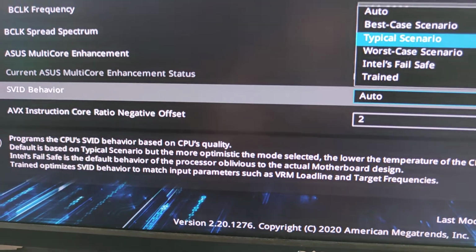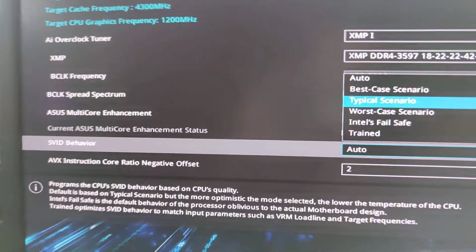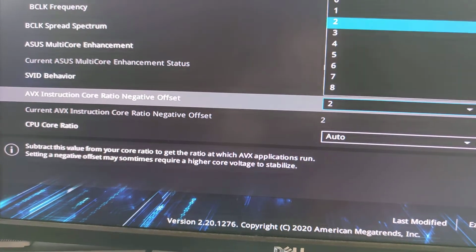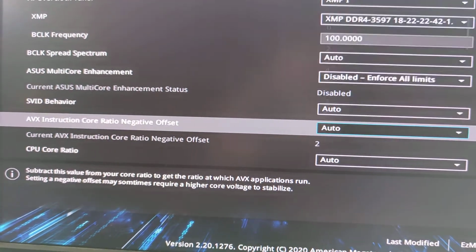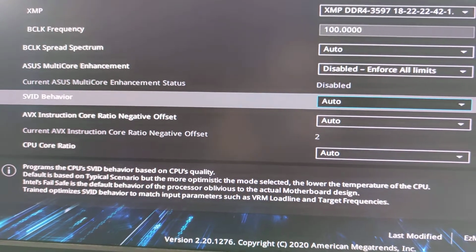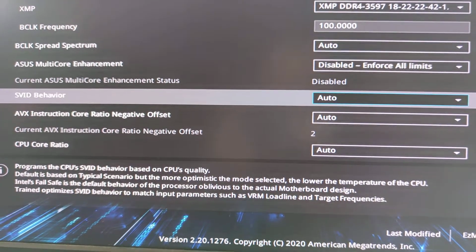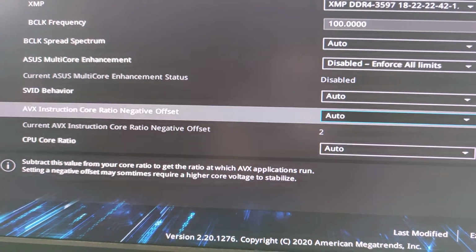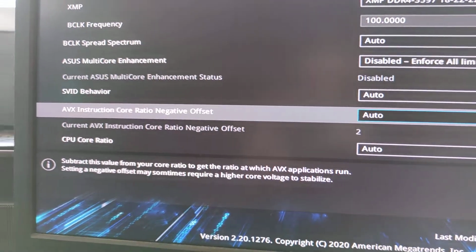From the description it seems to be undervolting, and all these settings you can go and see are set to auto, and it's not really clear whether auto is then going to be Intel specifications or something else that Asus decided on. And the worst thing about this is that, in my experience with this motherboard, playing with